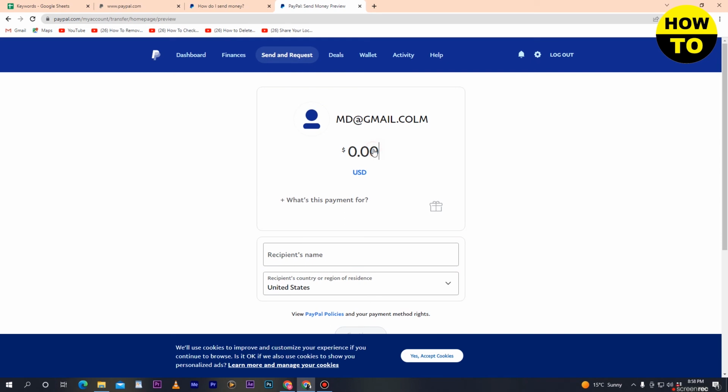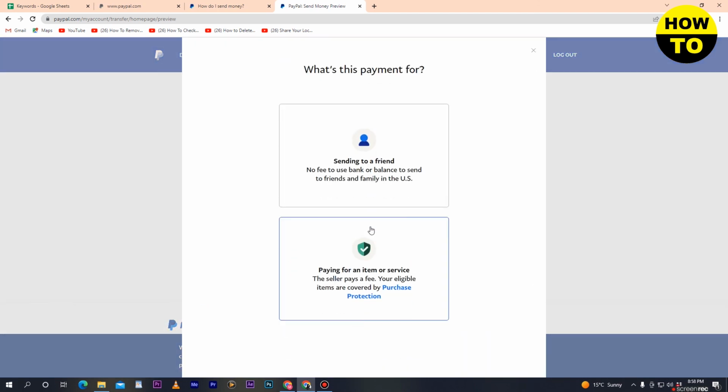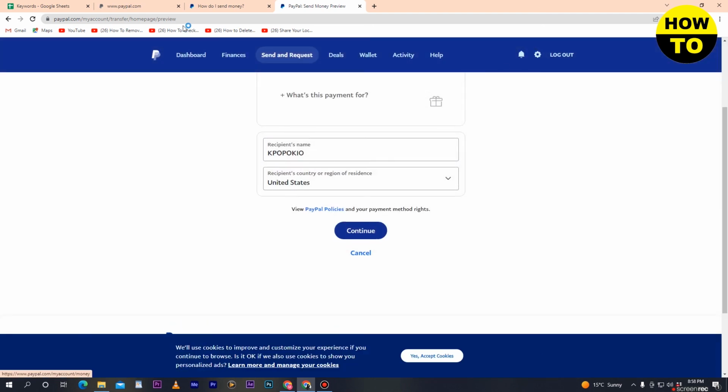So after that simply just click on continue. So here you can see sending to a friend. So in this way you can use this feature of